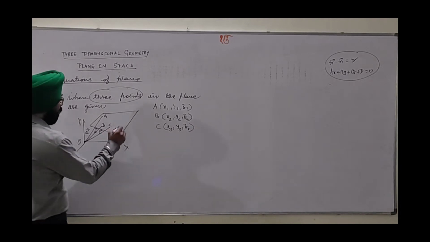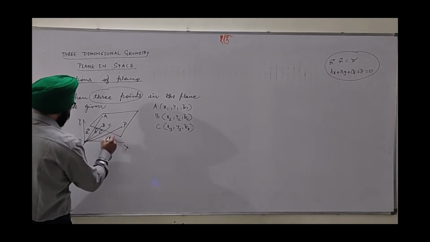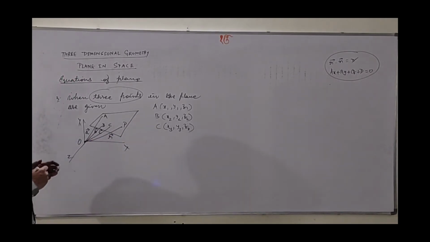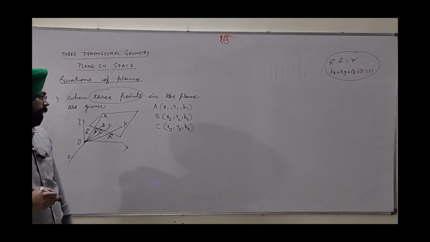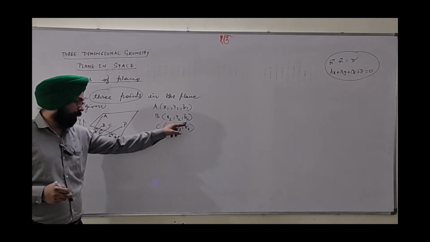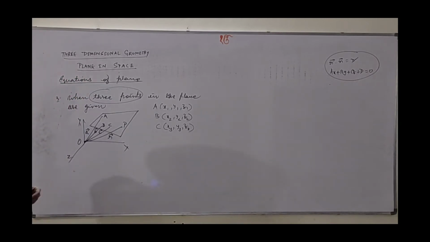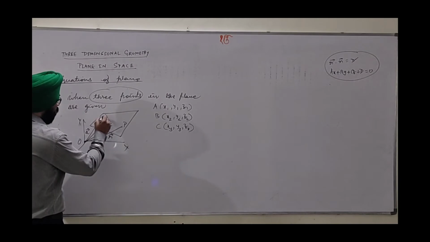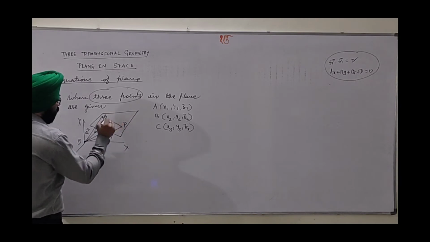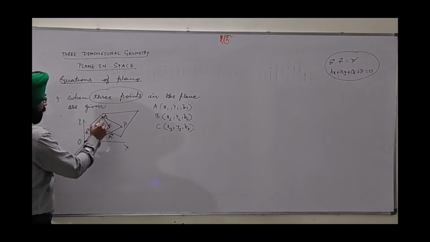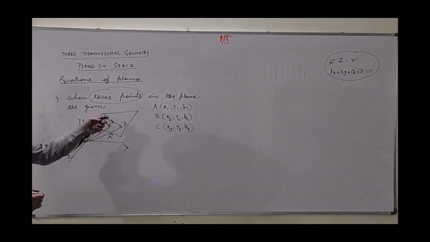What can we do? Let us consider again one more point P, an arbitrary point with position vector R. The position vectors of A, B, C are respectively the A, B, C vectors. Their coordinates are written this way: x1, y1, z1, x2, y2, z2, x3, y3, z3. What theory are we going to apply? Join A to all the points B, C and P, taking it as a reference point. Then we can define 3 vectors, vector AB, vector AC, vector AP, lying in the same plane.